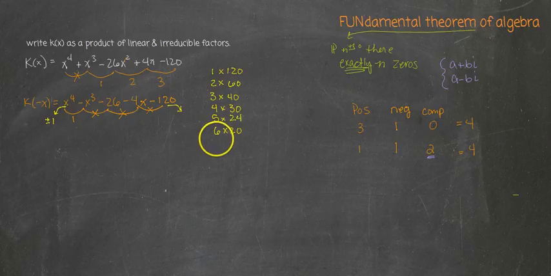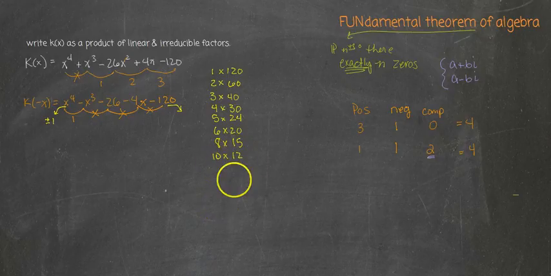7 doesn't divide by 7. 8 times, again, if 4 times 2 is 8, then 30 divided by 2 is 15. 9 times doesn't divide by 9. 10 times 12, and then the next factor I would be able to put on the left-hand side is 12, but that's just going to give me the pairs all the way back up the other side. So at this point, I'm looking at my list of possible